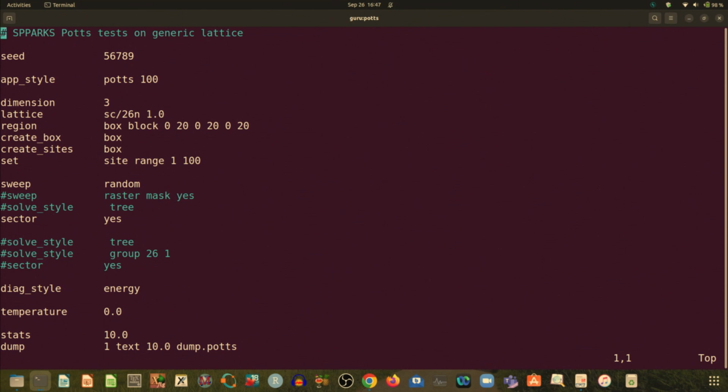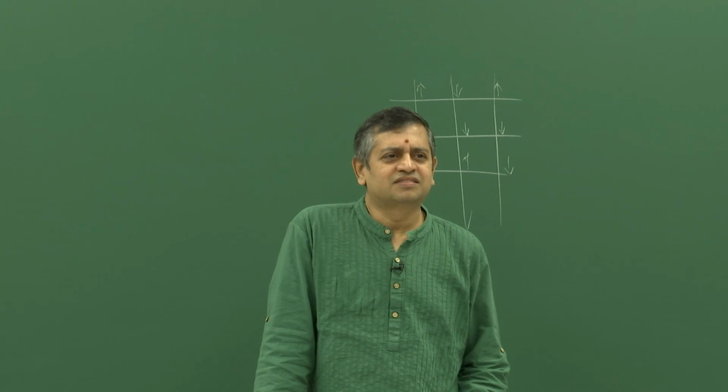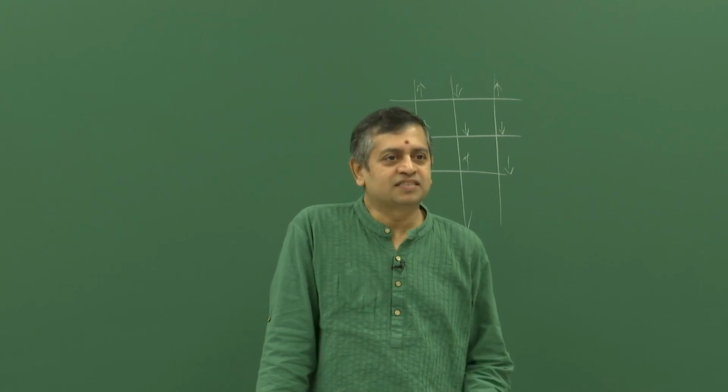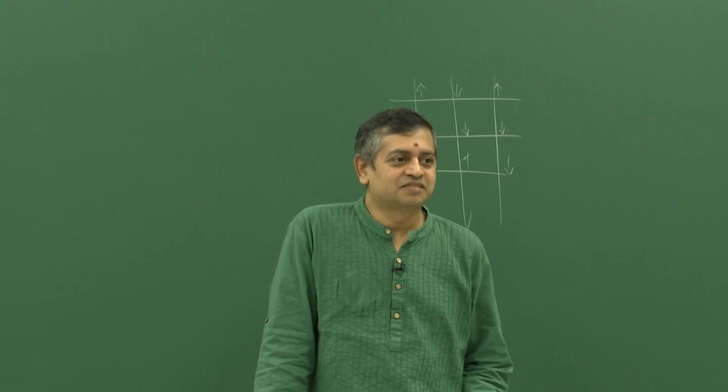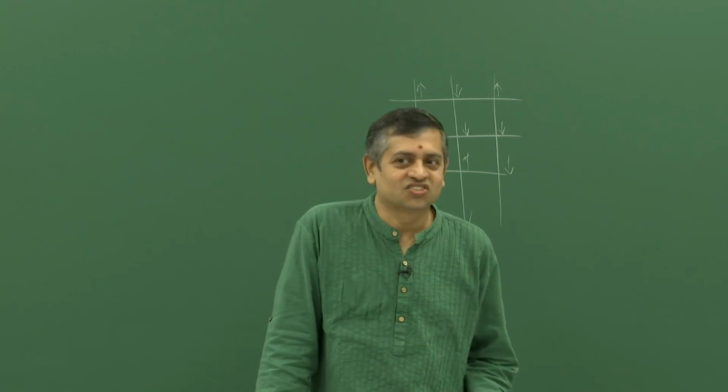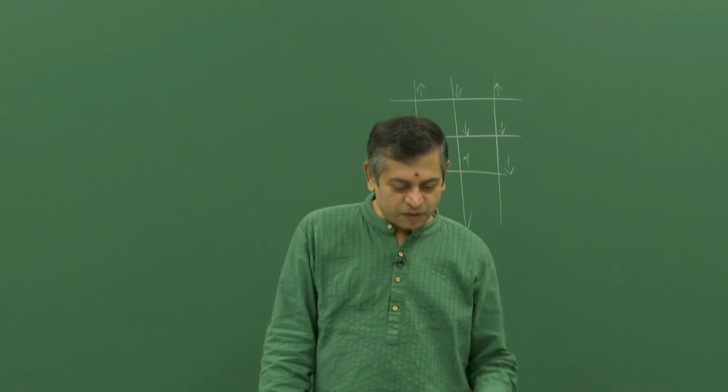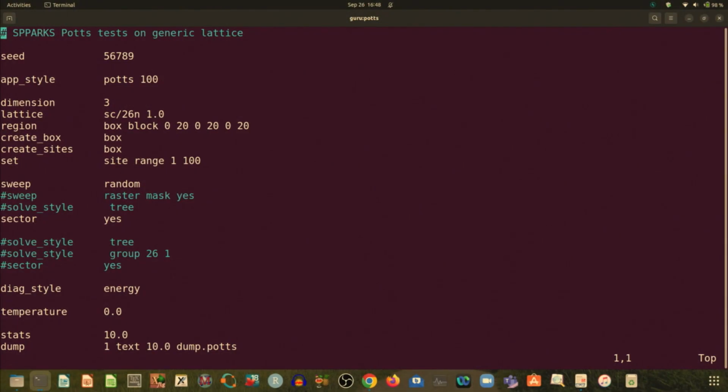Simple cubic in 3 dimensions, how many nearest neighbors should you have? First nearest neighbor is how many? 6. And second nearest neighbor, how many? 12. And then the third nearest neighbor must be 8, so we are getting 26. Okay. So anyway, the sweep is random, and again it is dumping energy, and I think